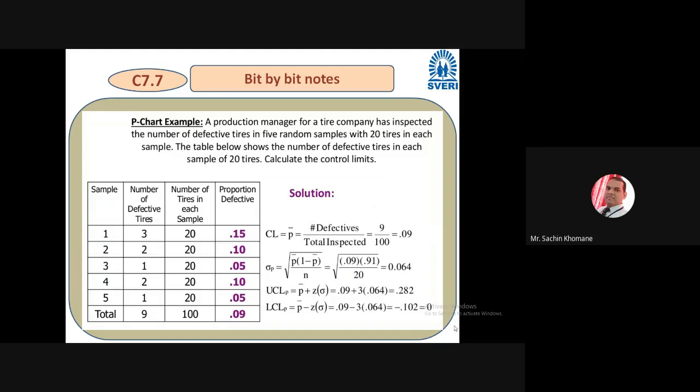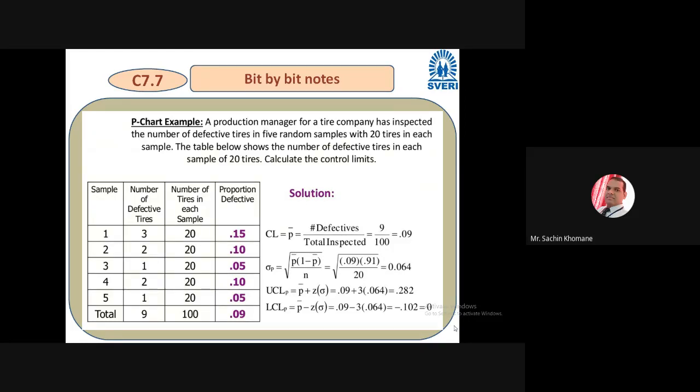I hope today also you may be having calculator, pen and paper, because you have to calculate and you have to draw. Okay, so up to yesterday we have seen variable control charts. Now today we'll see attribute type of control charts. There are two types of attribute control charts. First one is a P chart and another one is a C chart. With the help of examples we'll try to understand. The theoretical part we have already discussed, when to use which chart, so I am not going into detail. Let us see numericals and try to draw it.